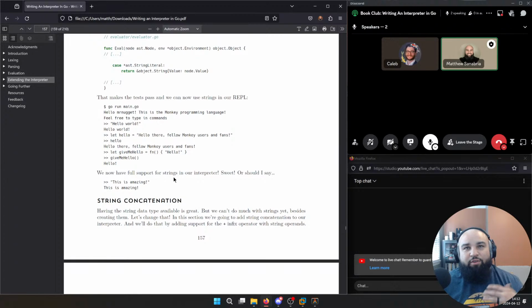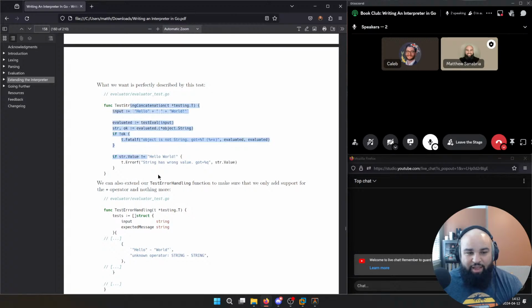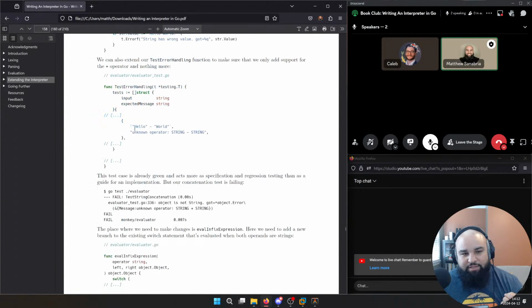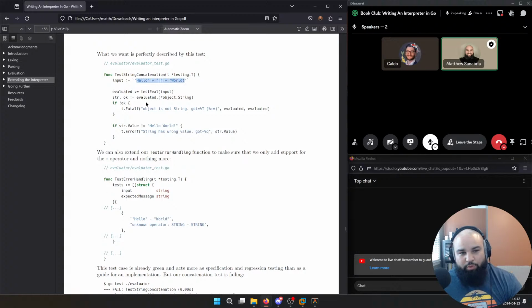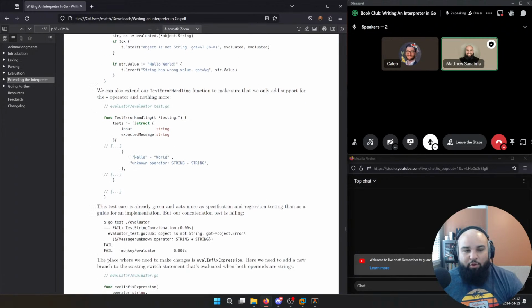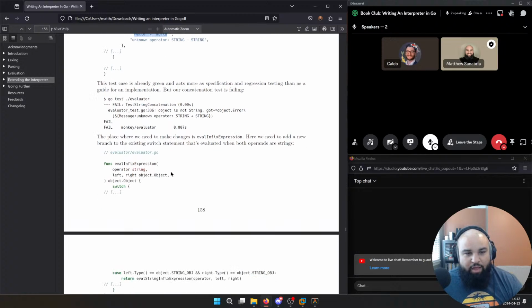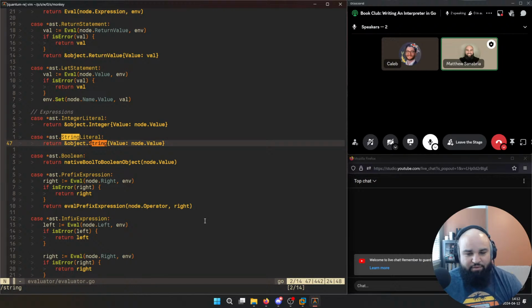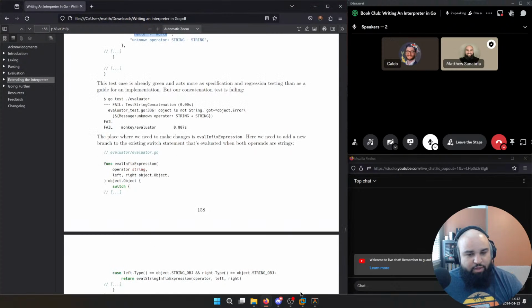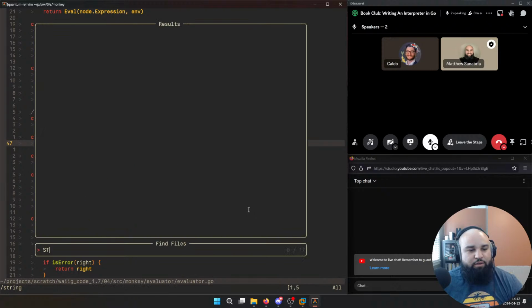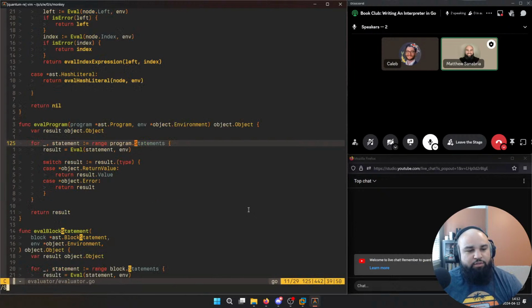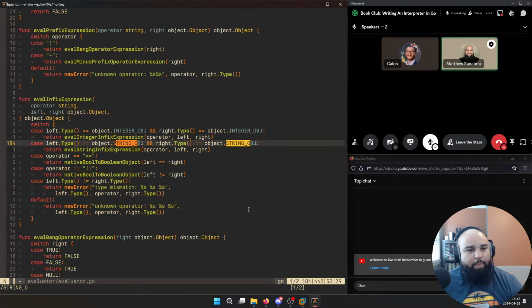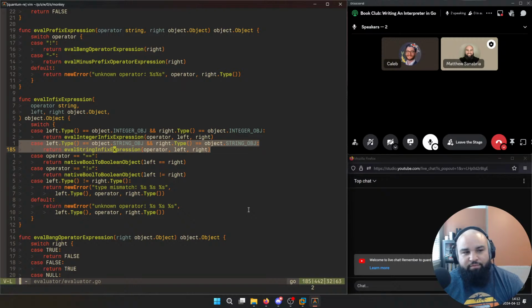But then the author said, great, we want to be able to do more things with strings, like concatenate them. So he wrote tests to make sure that hello plus world would give you hello world as one string, but hello minus world would not allow you to do that because you can't subtract strings. And the only thing the author had to do here, I think it was in evaluator.go, let me just make sure. Yeah, was this. It was string. Oh yeah, this. Right. All they had to do was add this line and it just magically worked. Now you have string concatenation.